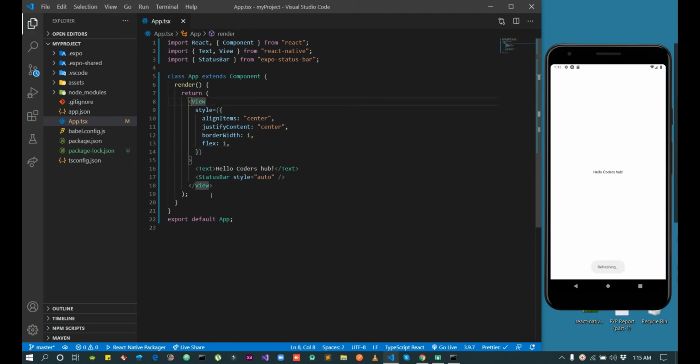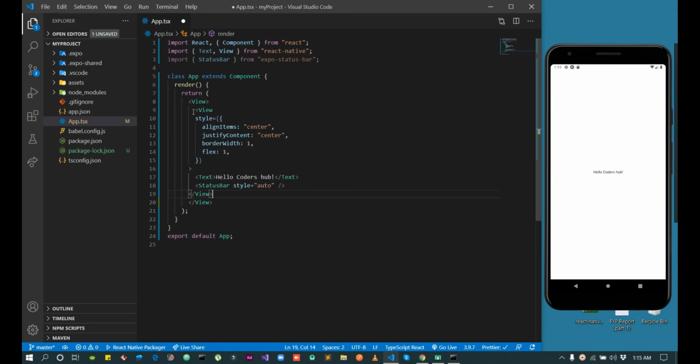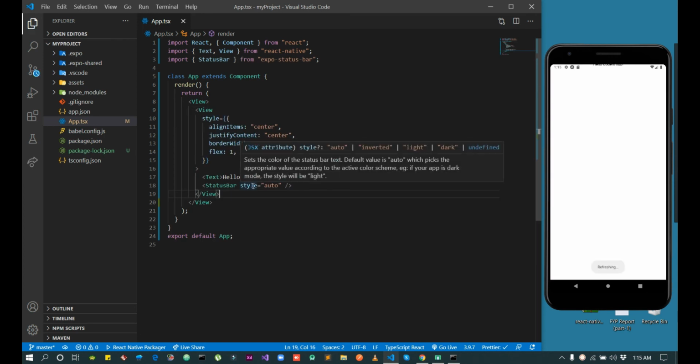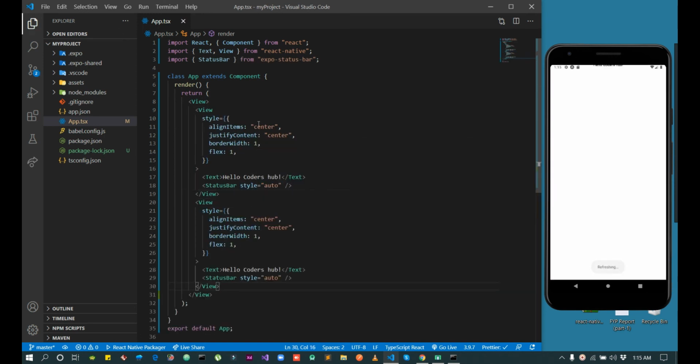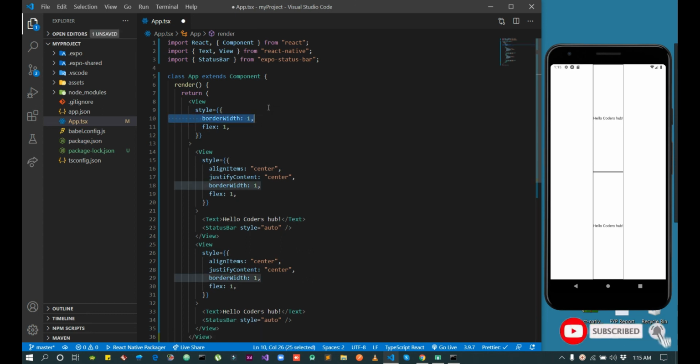If you observe, cut the code, use View again and put your code here, then copy the code, paste it here, and delete this.